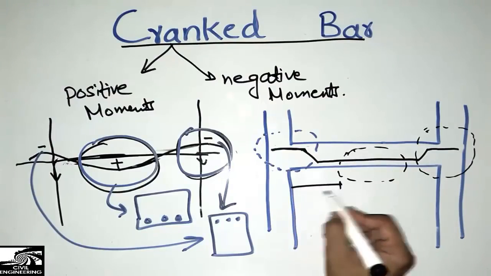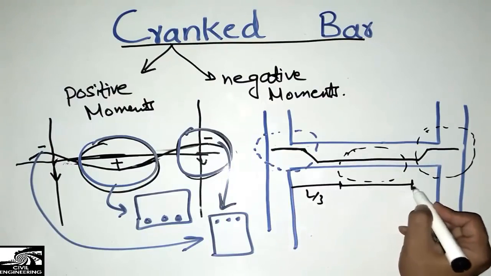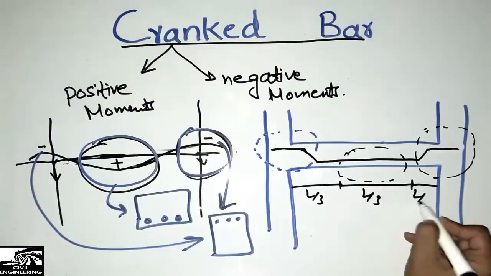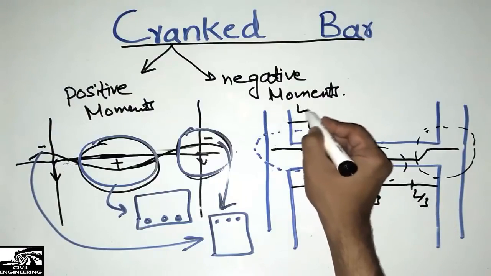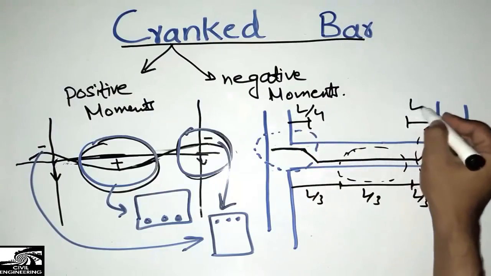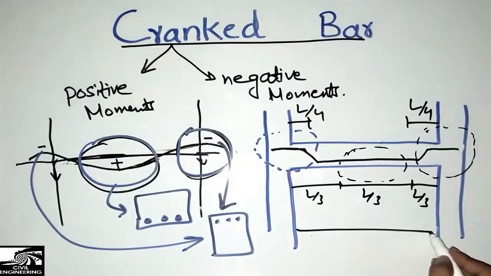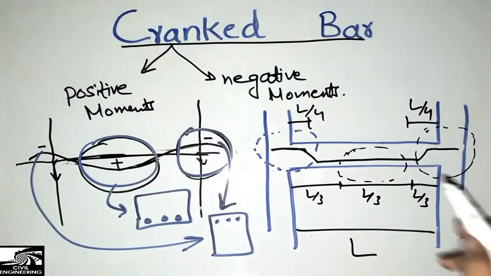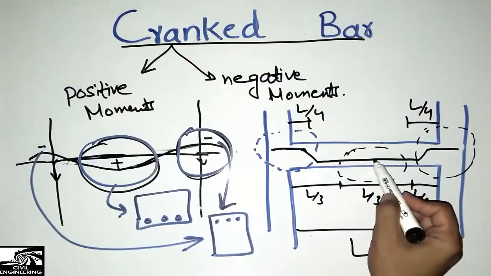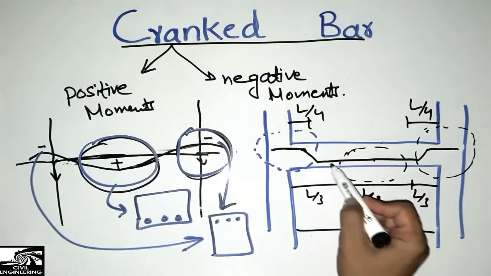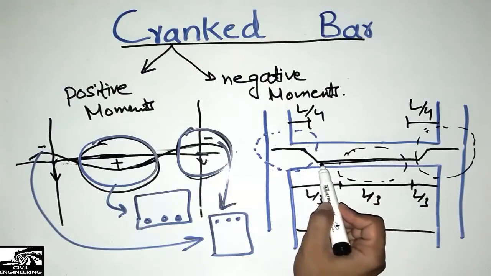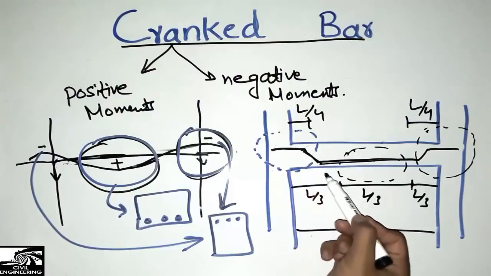The midpoint is at L by 3, for example, L by 3 and L by 3, and here L by 4, L by 4, if this is the length L of the beam. So these crank bars are now able to support the positive moment, and we bend these bars up to the negative